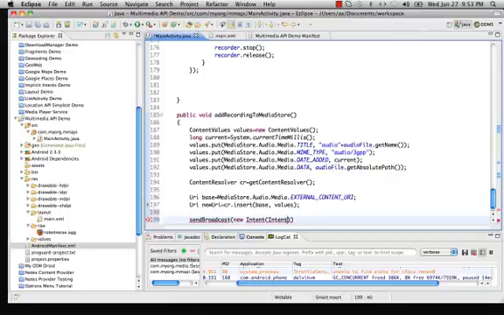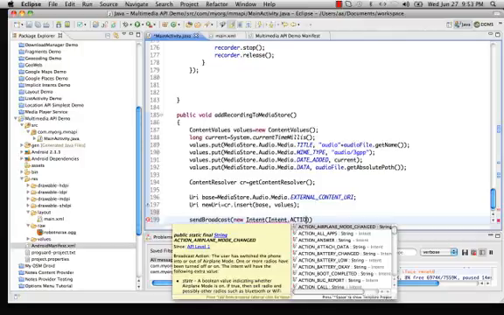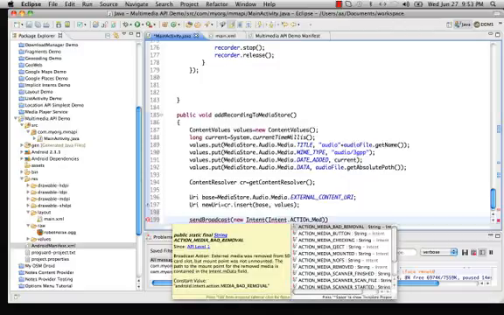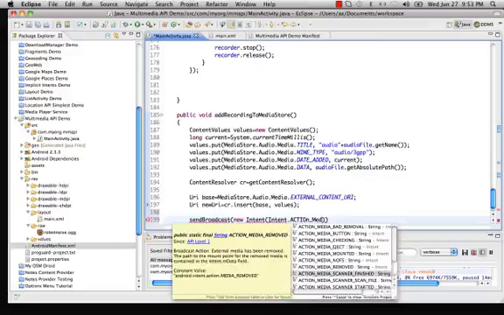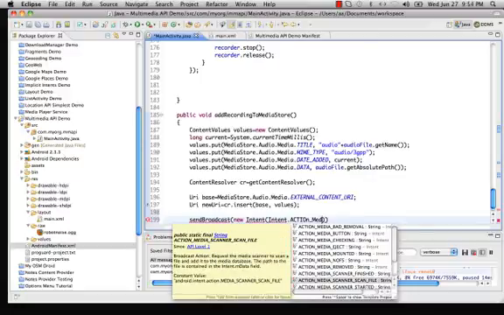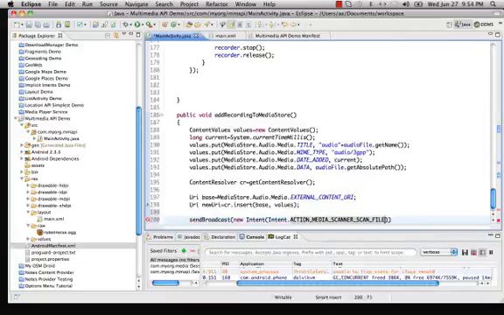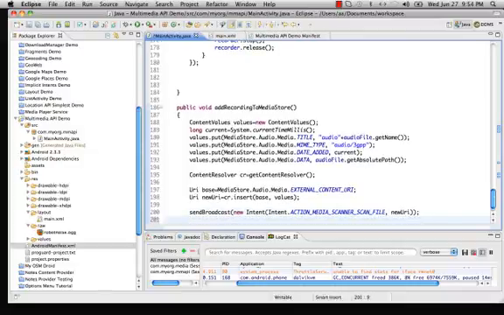So the intent action will be media scanner scan file, and this data has been sent in the broadcast, and now just make it close to